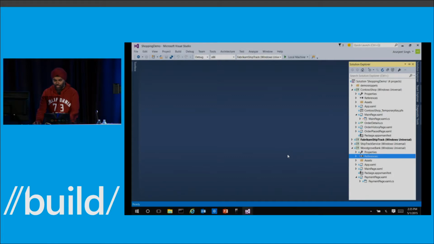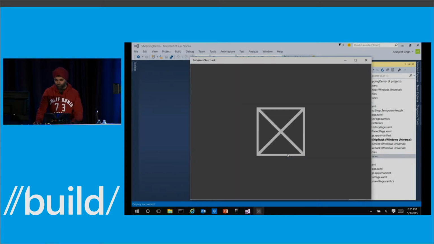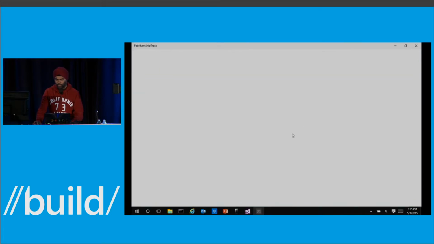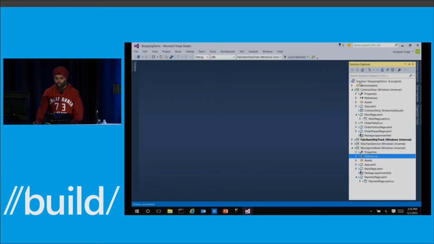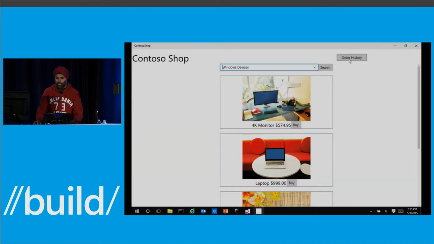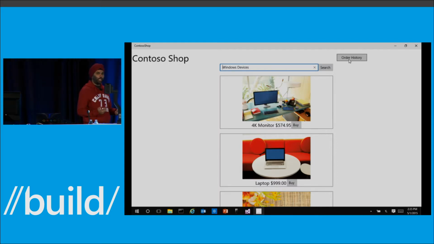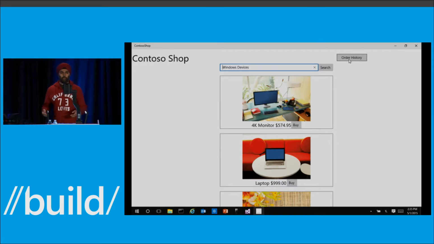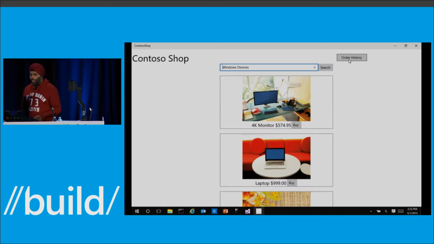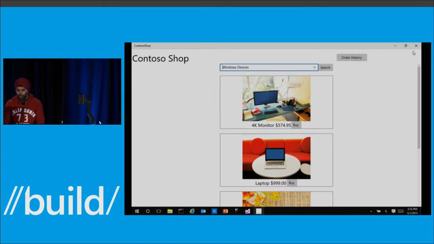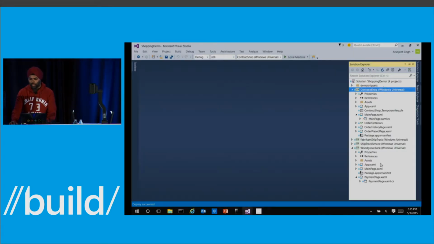Okay, so if we start up Contoso Shop again, we started up Fabricam ShipTrack, which does nothing, only provides an app service. It has an order history page, and that's where you go to see where your order is in the shipment process, right? And it doesn't do much at the moment because we haven't added any code.